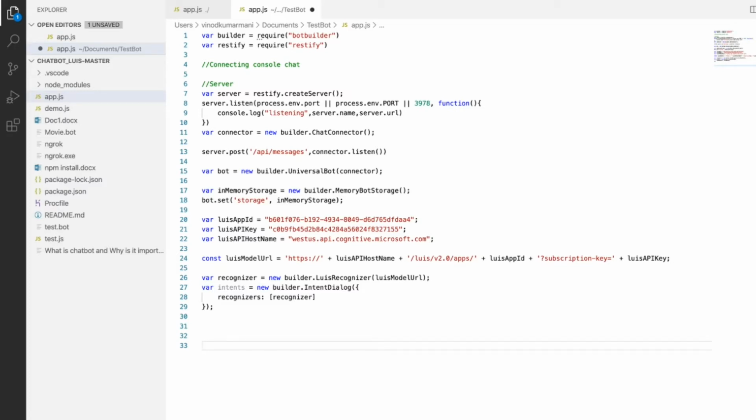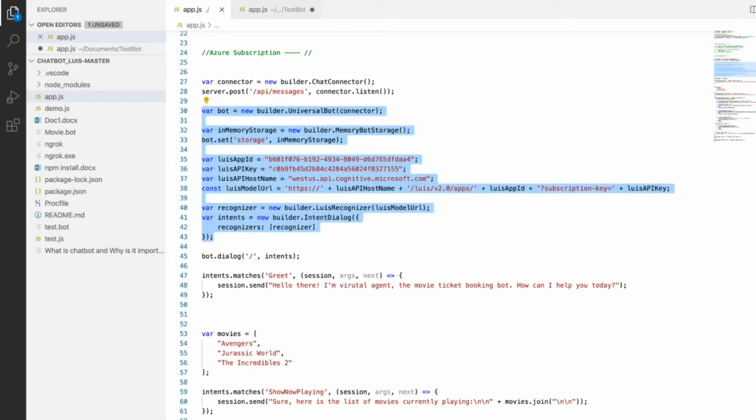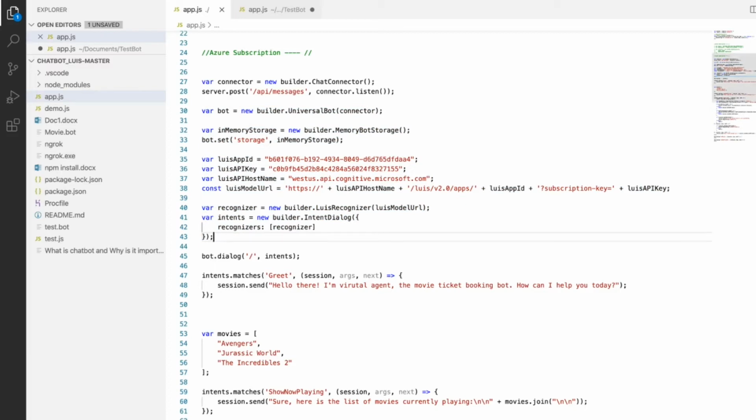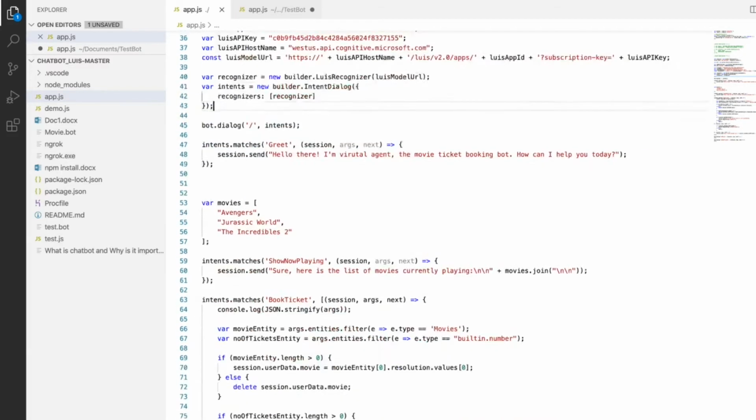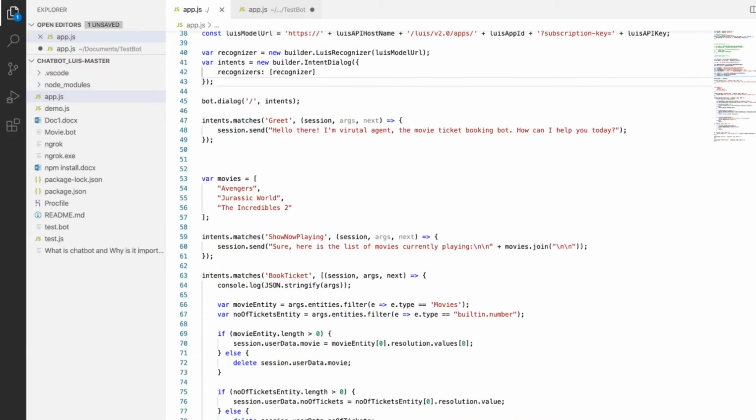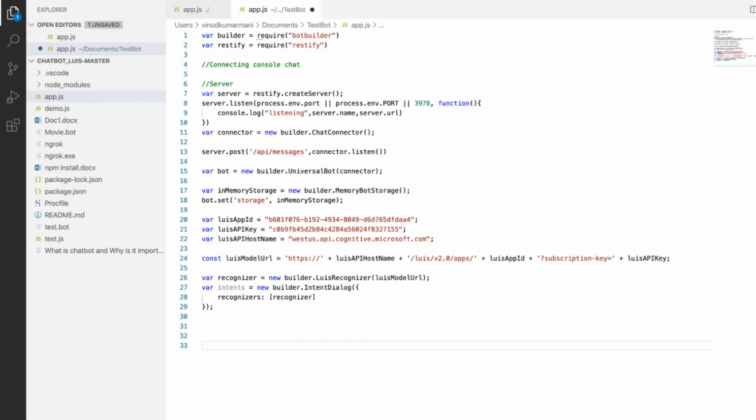Today we are going to see how to write the dialog box using the chatbot. Without wasting time, I'm going to start writing the code for the bot dialog. So I'm going to initiate with the bot dialog intent. I'm just copying this line, you could find it, and pasting it in our code.